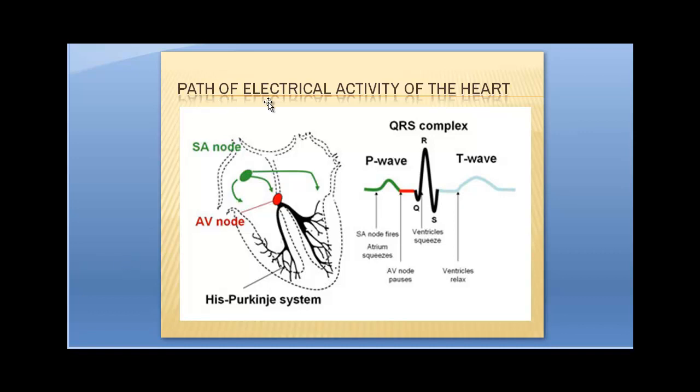All right, so this is the path of electrical activity in the heart. This is kind of above and beyond this class, but I wanted you to see the SA node is here. So the vagus nerve innervates it. It sends out these electrical signals to the atria. There's a little pause between here, and then the AV node fires. These are the Purkinje fibers that I was talking about that innervate the ventricles and cause them to contract or cause the